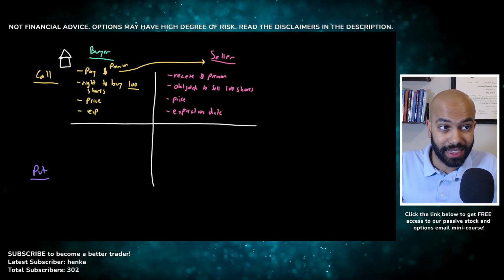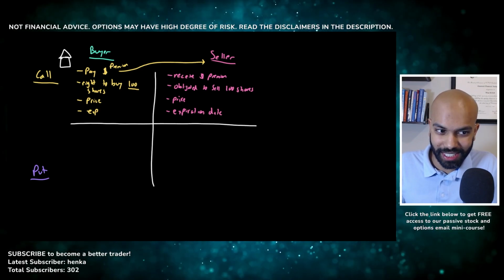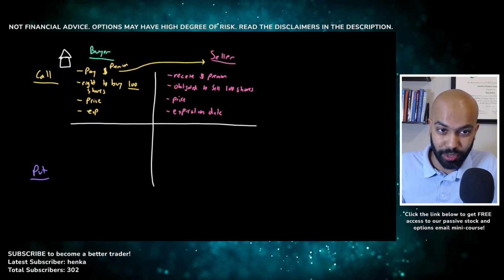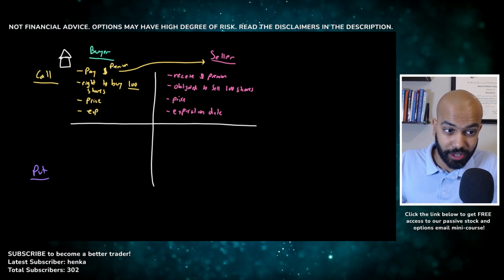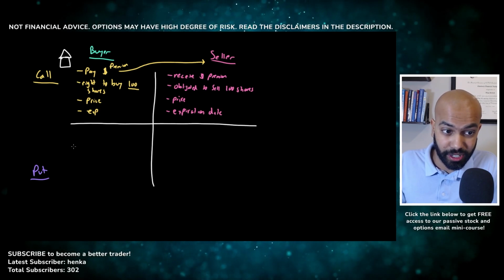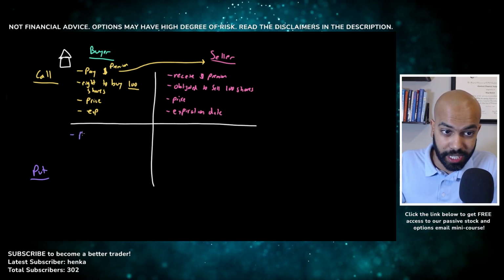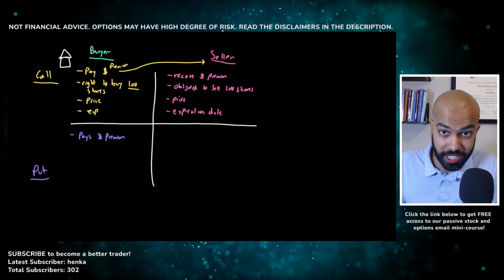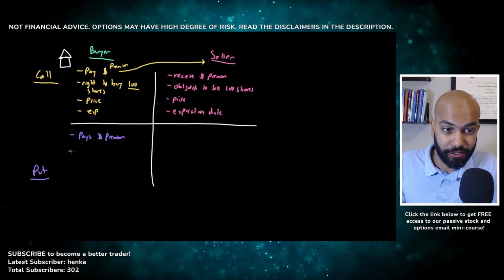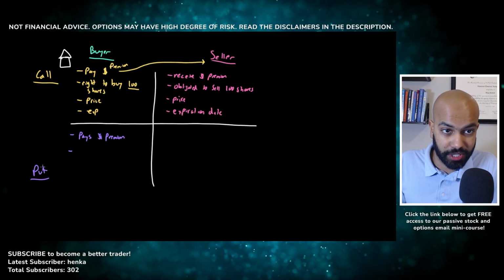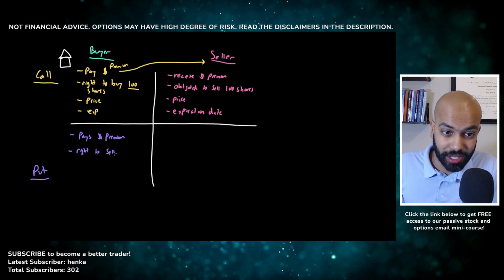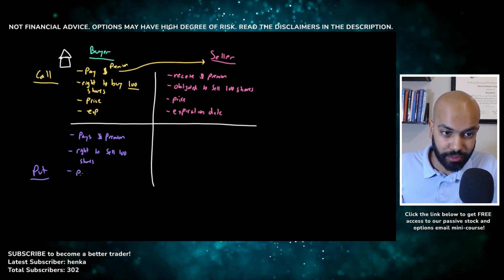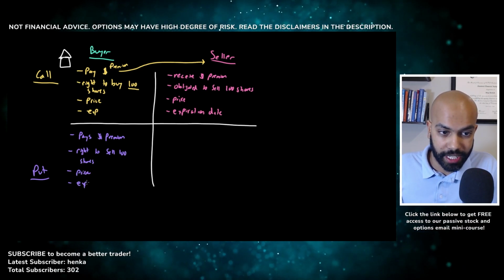Now let's look at the put option. The put option is actually the exact same thing as a call, except one word, and that will change the entire definition. So similarly, there is also a buyer and a seller of a put option, and the put option buyer pays a premium to the put option seller. And this is where everything changes between the call option and the put option. When they pay the premium, the put option buyer has a right to sell 100 shares, again, at a certain price, on or before an expiration date.